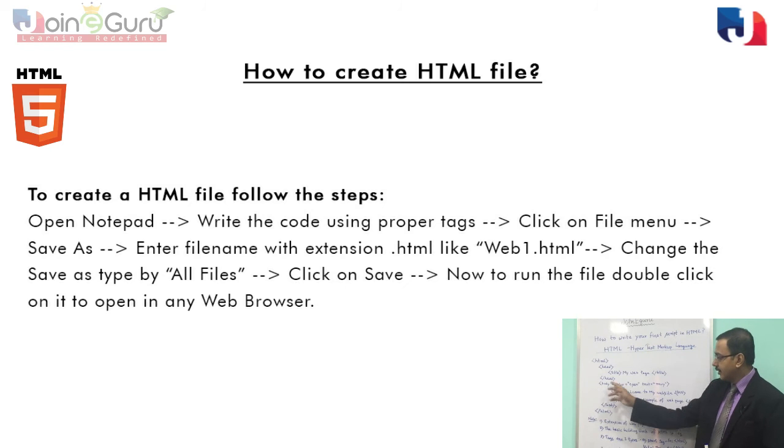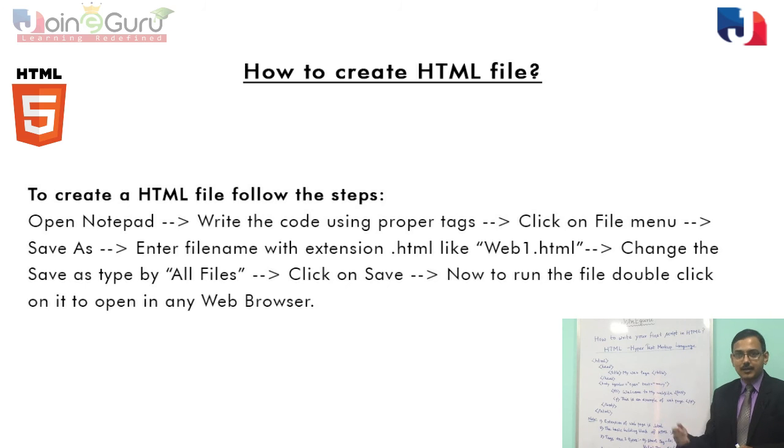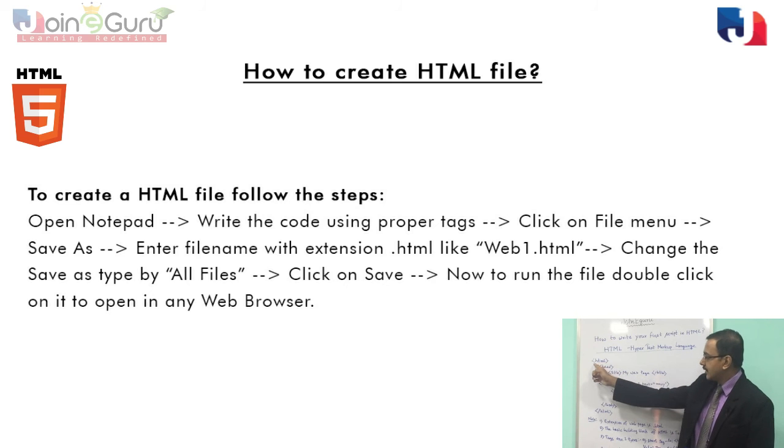So in case of body, we use two attributes here, that is bgcolor and text color, and the attribute values are maintained within double quotes, that is cyan, this is the name of the color, that is the background color, and navy, this is the text color. And when you execute your code, the browser shows the data with the cyan background and navy blue color as a font color.